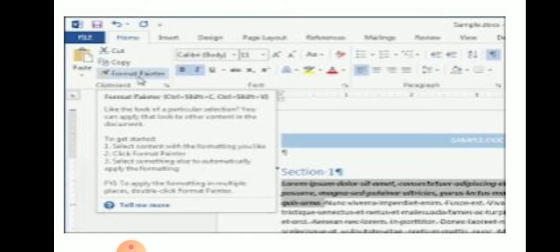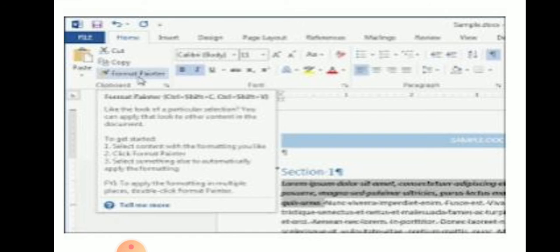Let me move to the topic of copying formatting to another selection, children. This format painter tool is used to copy the effects of some text to another set of a selection.